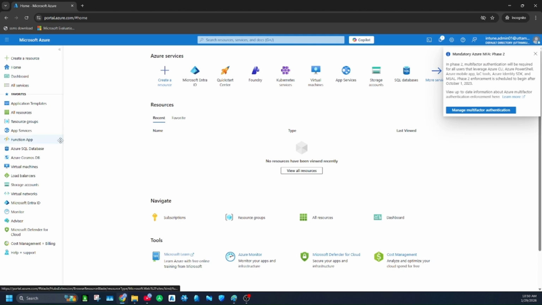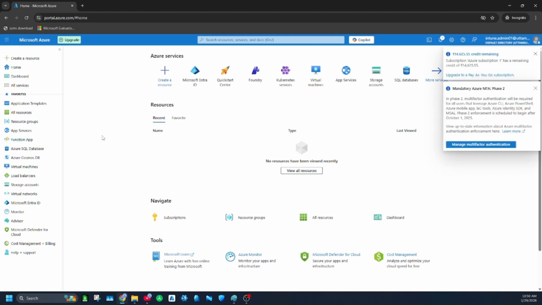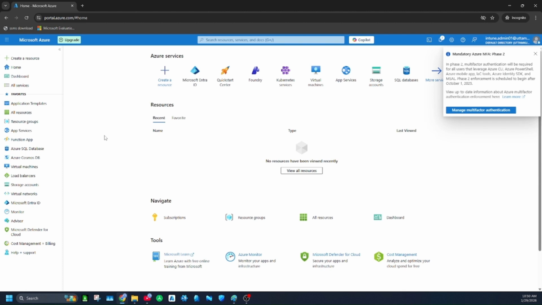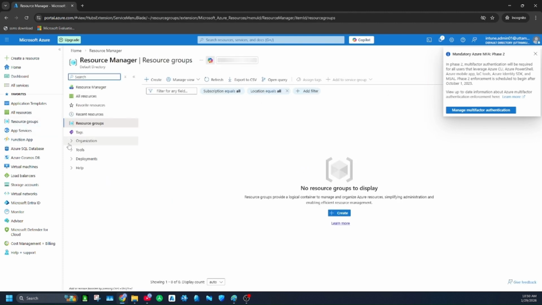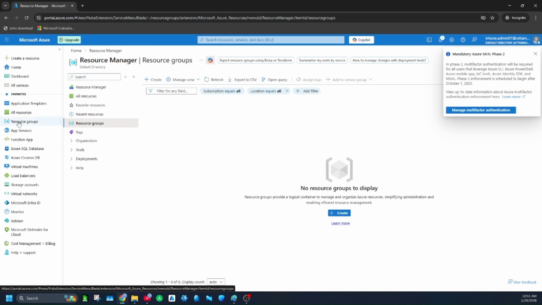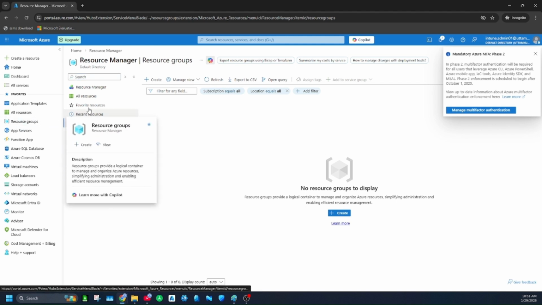So far, we don't have any resources or virtual machine in this Azure portal account. So first things first, we need to create a resource group. Then we will go ahead and create devices, and then we'll onboard those devices. To create a resource group, you need to click on Resource groups in the left blade and go to the Create